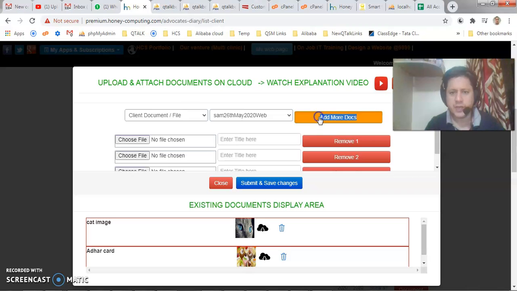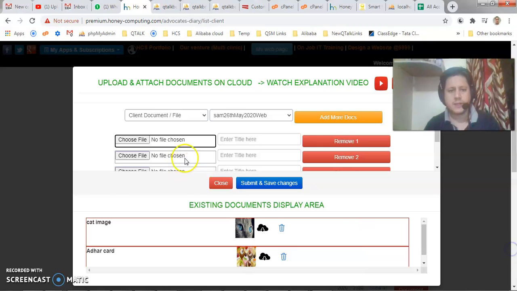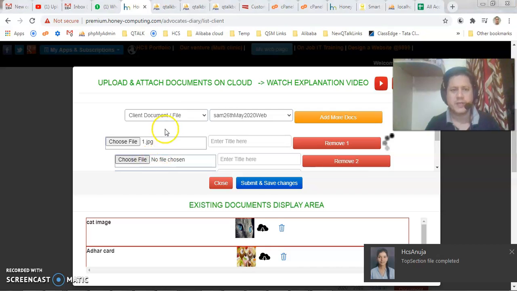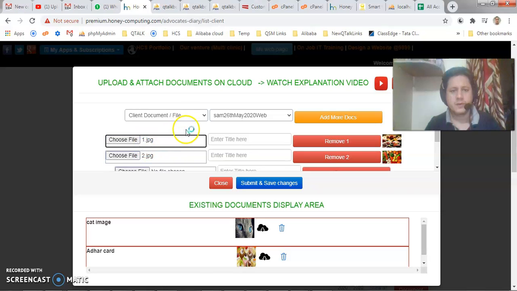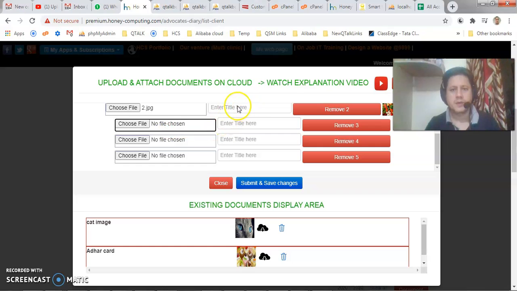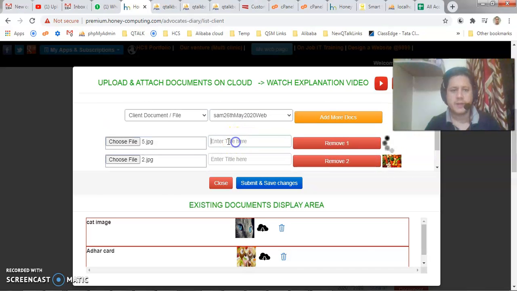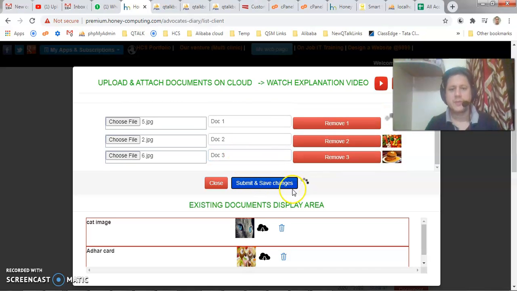And in one shot, you can upload any number of documents. You can see I am trying to upload 5 documents. These are dummy documents, don't worry about it. Let me upload 3 only and name them doc 1, doc 2, doc 3, and I'm clicking on submit and save changes.